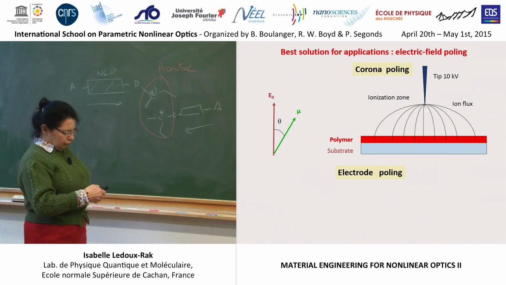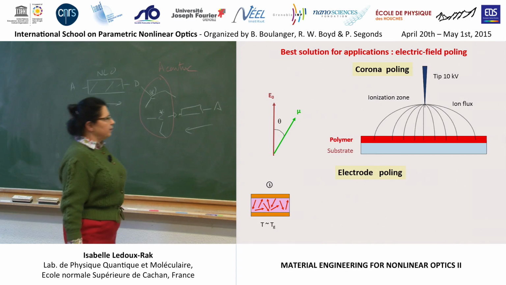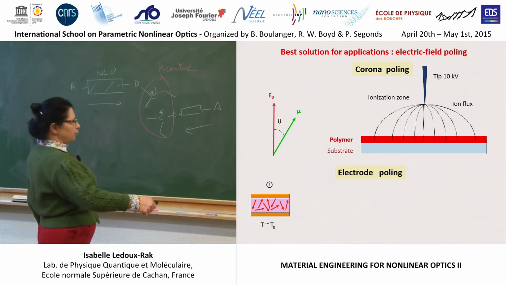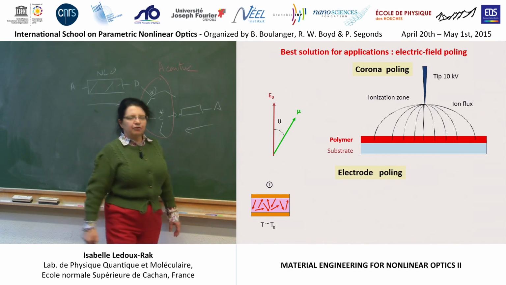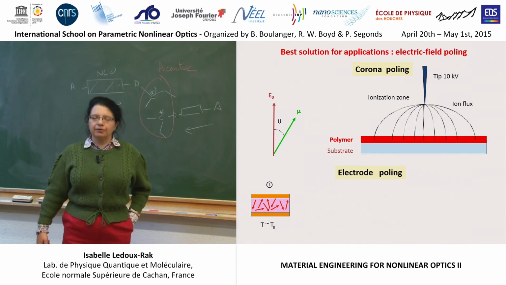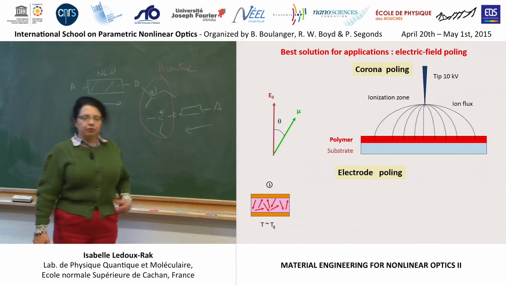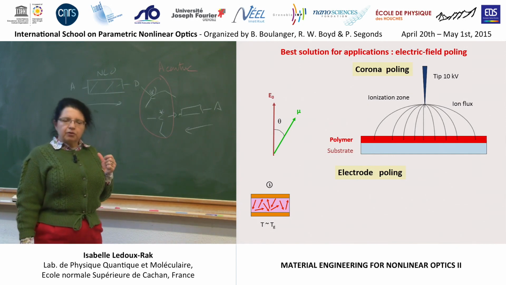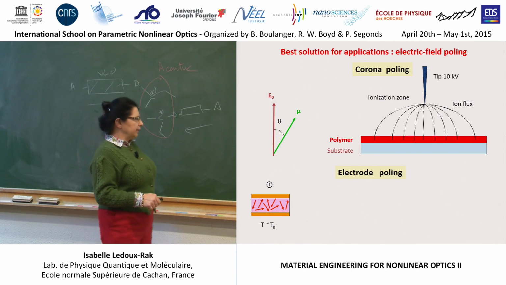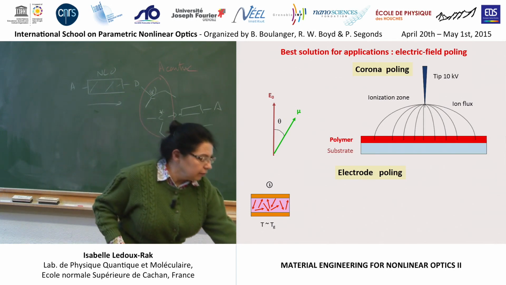And electrode poling is also possible between these two electrodes, but in each case, you will apply a similar procedure which is similar to that used for ferroelectric crystal poling. We start at room temperature, and the polymer must be transparent. It must be softened at a higher temperature to come to a state which comes closer to the liquid state.